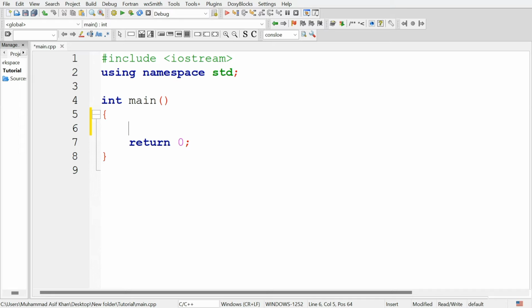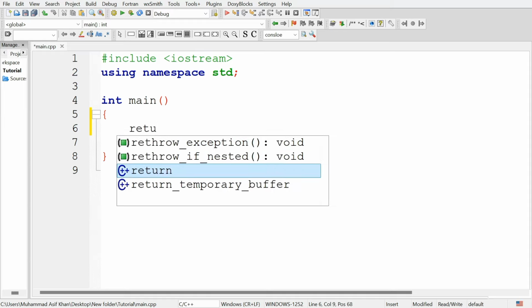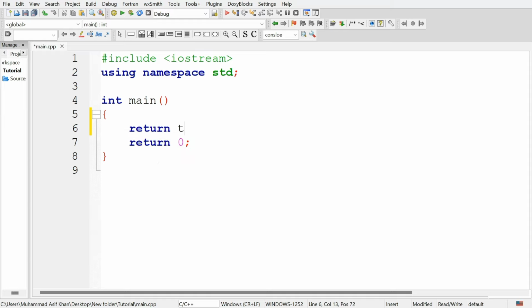The syntax of function definition is: first type the return type of the function, then type the name of the function, and then in the brackets type the arguments, or you can say parameters of this function.